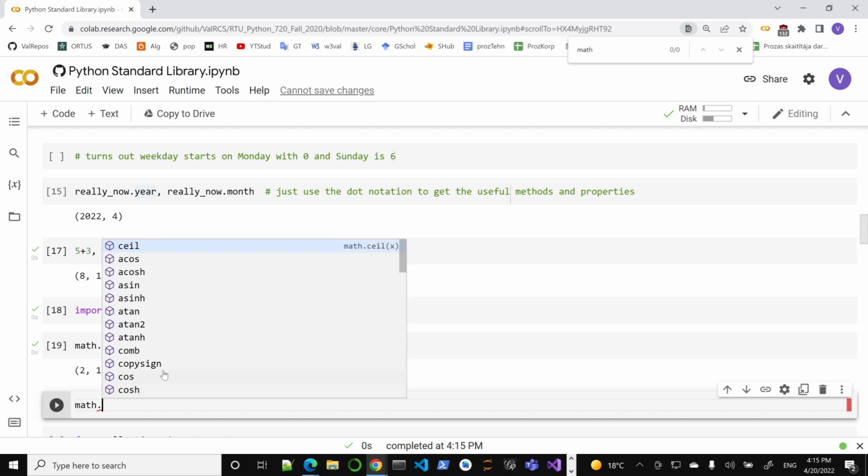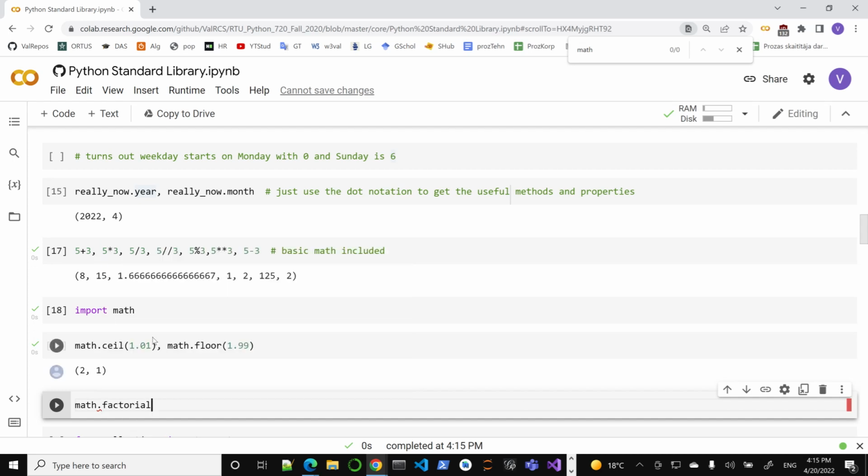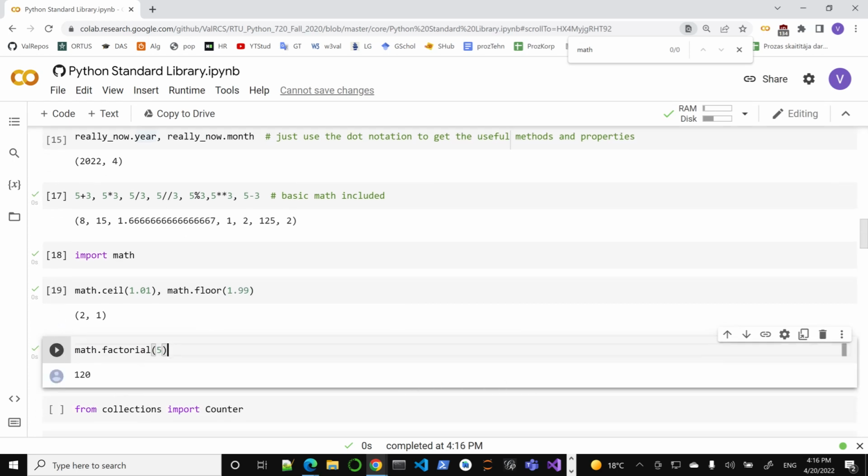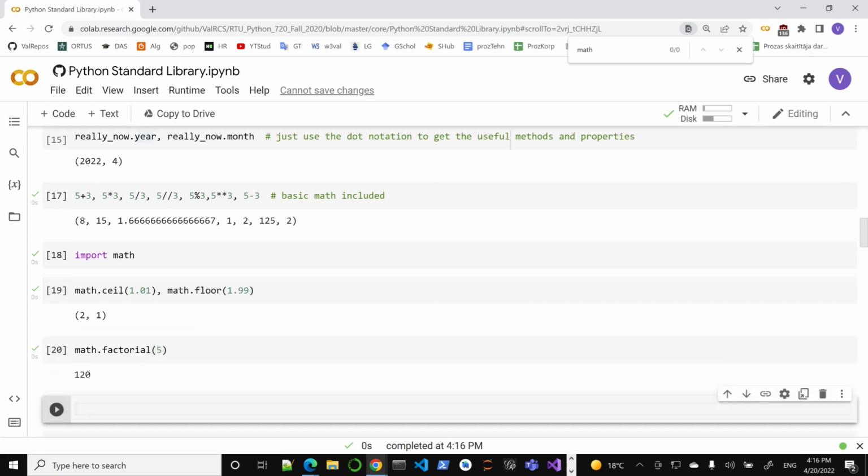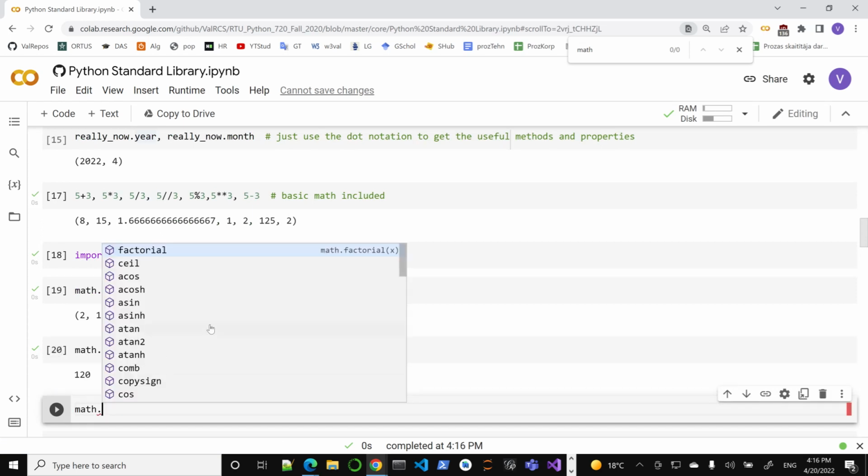Dot, and if you need something interesting like a factorial, maybe, right? Let's say 5, right? Will be 120, right? And so on, right? And maybe what else is there that's interesting? Notice there won't be too many statistics. There's also a separate power. If you need this stronger power, I usually use this, but there's also a built-in function. Most of these are basic